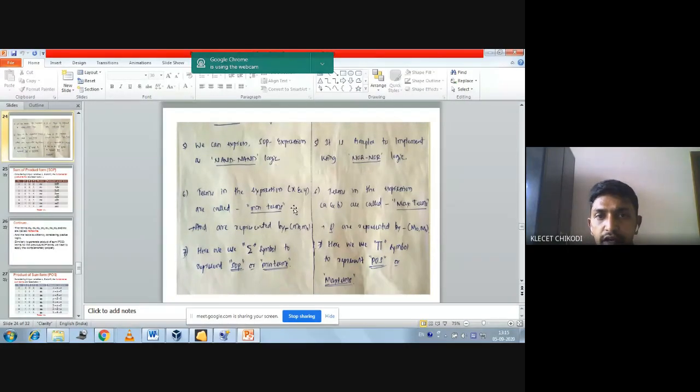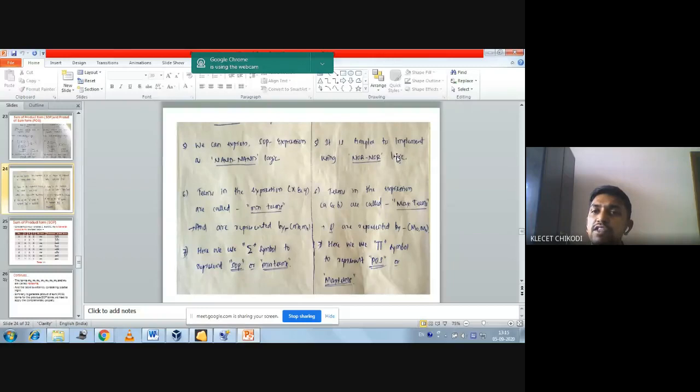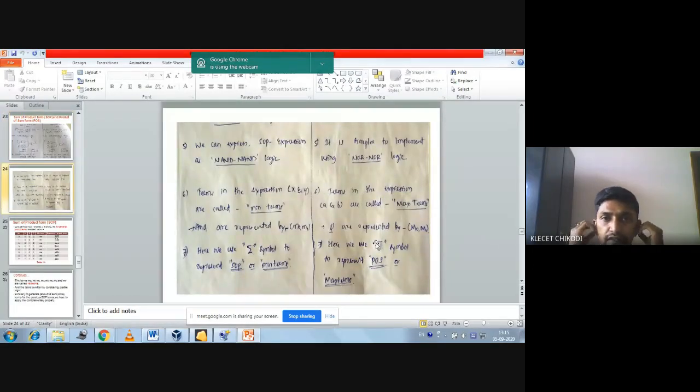So that means here in level 1 you will get NAND gates, and in level 2 also you will get NAND gates. So this is how they are implementing the SOP form. Similarly, the POS form can be implemented using NOR logic. NAND and NOR are the universal gates, I have told you. So you can implement the SOP using NAND logic, and the POS using NOR logic. So the meaning of NOR here is that both level 1 and level 2 gates are NOR gates only in POS. Fine.